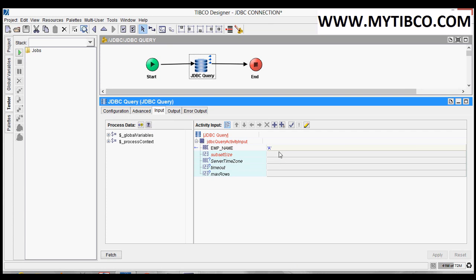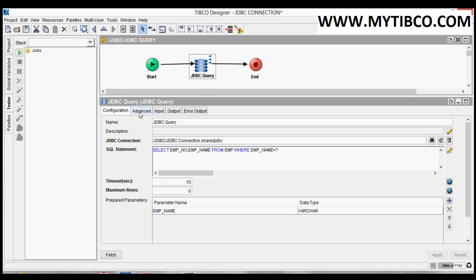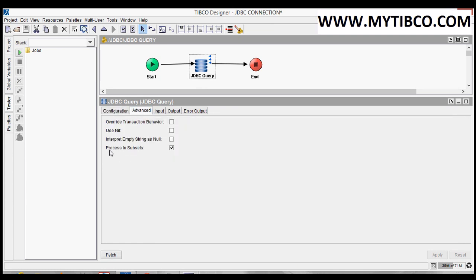For example, if we give 1000 here, only 1000 records will be fetched at a time, and later in the next query it will fetch the next 1000, and on a repetition basis, while keeping this query in a grouping, we can get all the records and process them. I have explained this processing subsets in detail in another session.